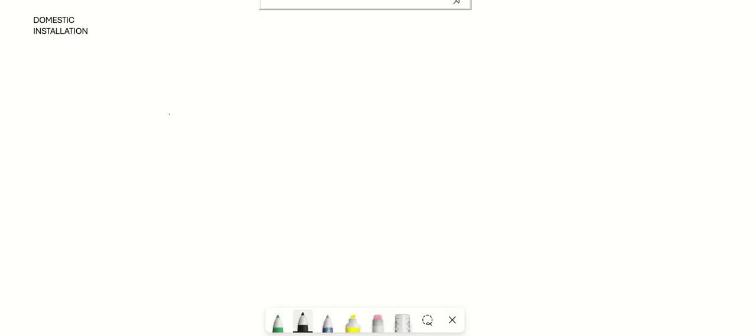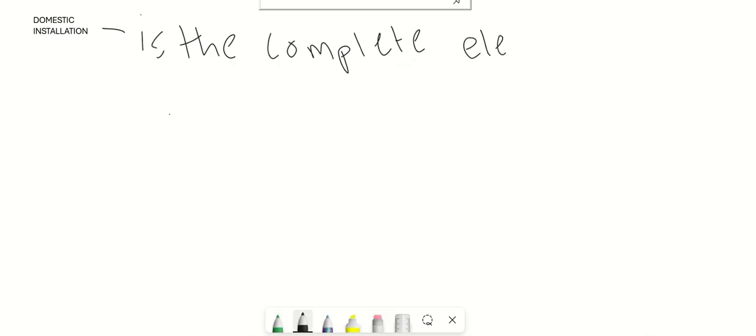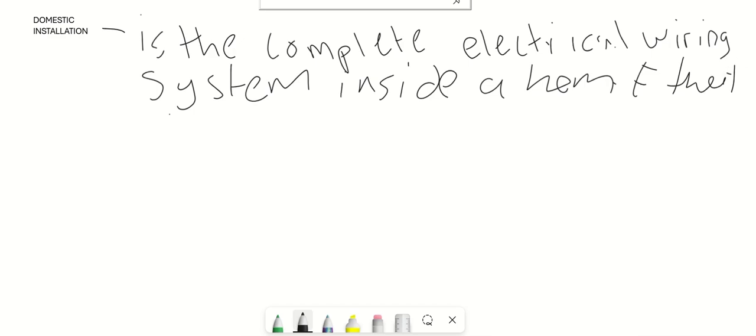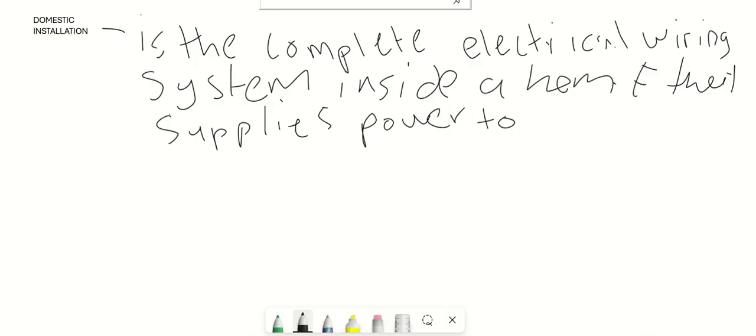What is domestic installation? This installation is the complete electrical wiring system inside a home that supplies power to appliances.